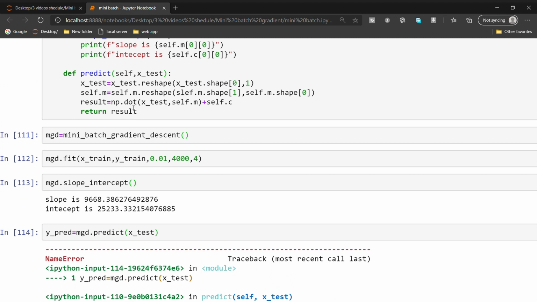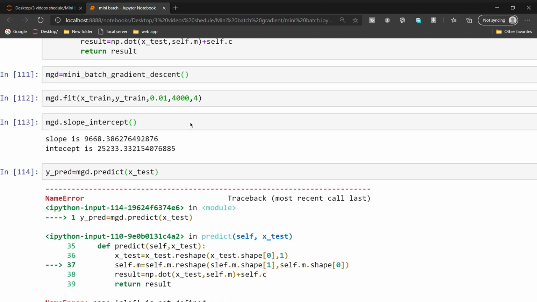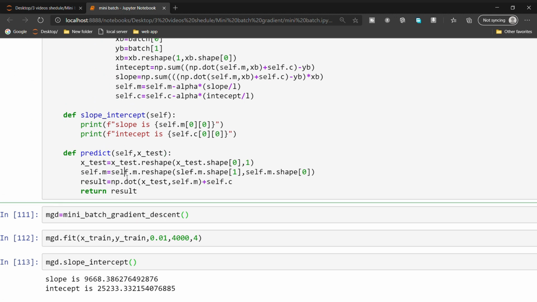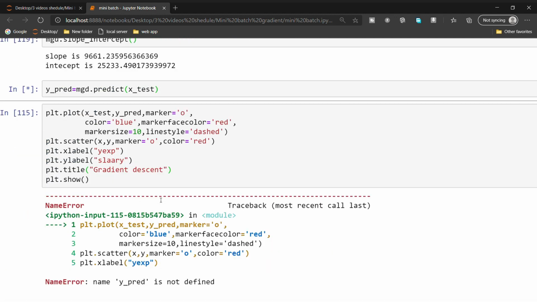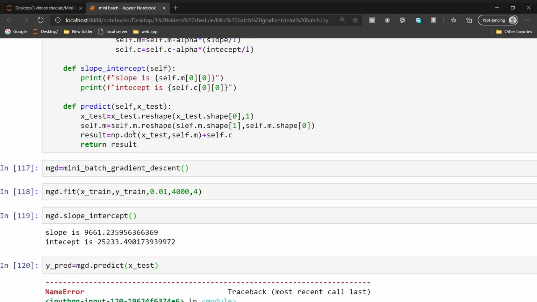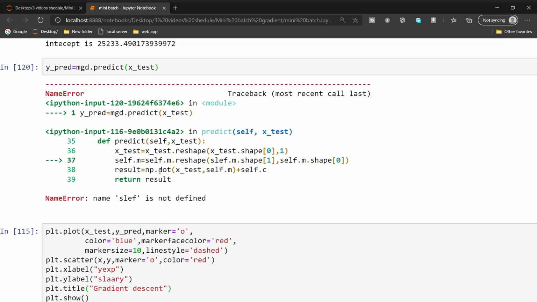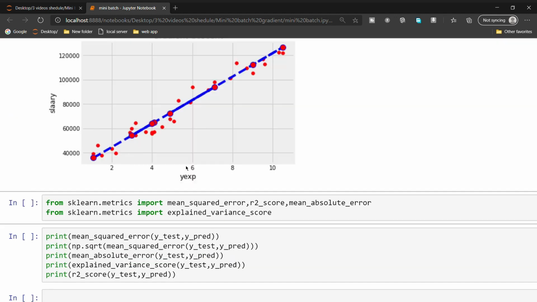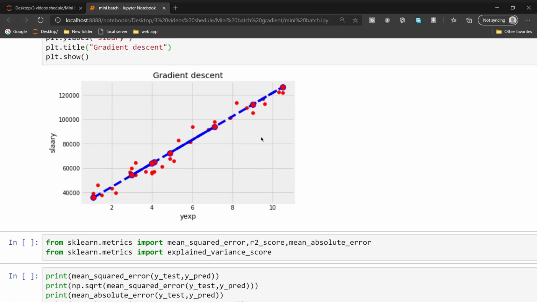Self is not defined. Where did we use the self? Self.m. Oh, here we made a spelling mistake. Self again. Oh, inside we made self. Yeah, we got the perfect line.